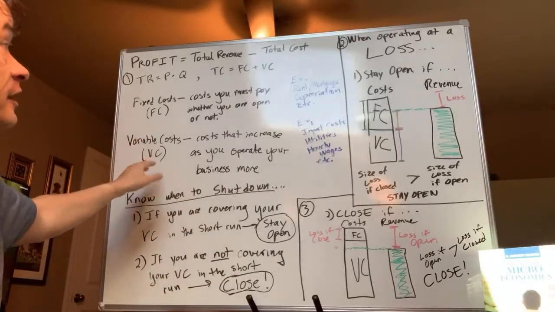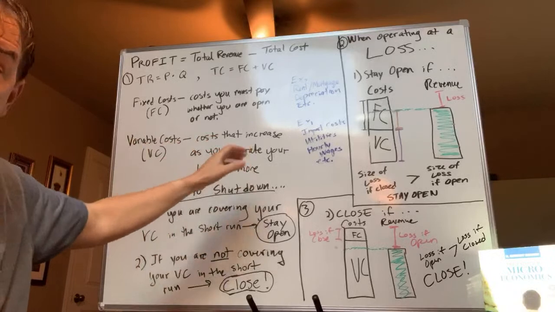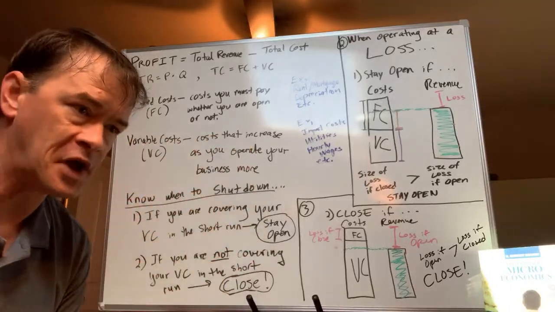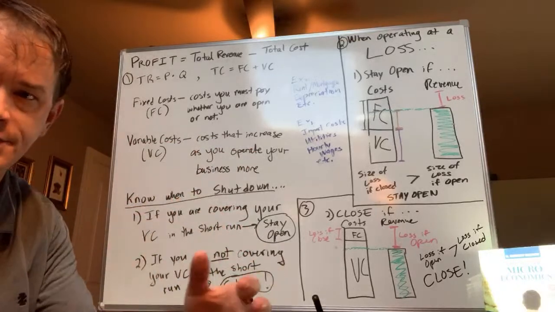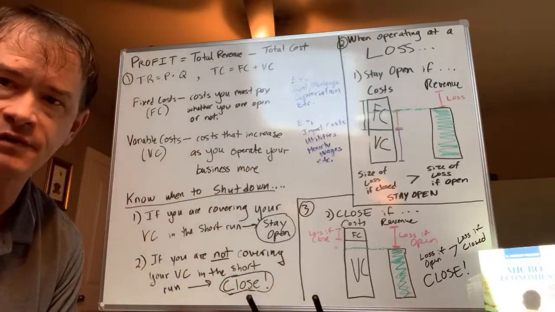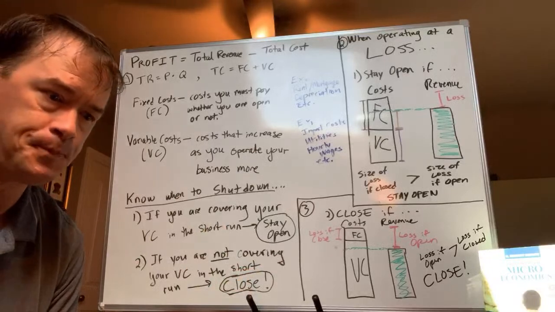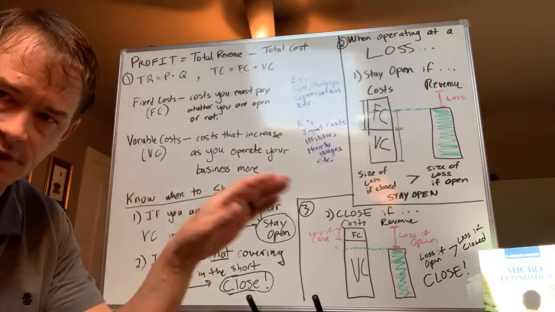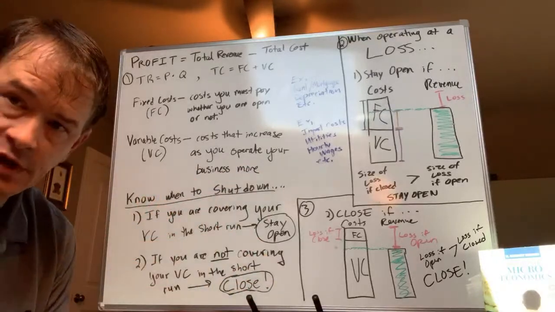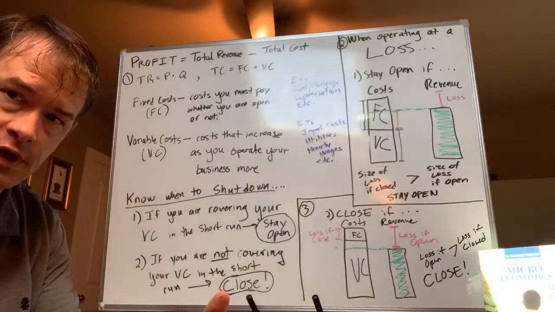Variable costs, though, are something that are directly related to the operation of your business. A variable cost, or a VC, is costs that increase as you operate your business more. So if you're a doctor's office, you have a marginal cost every time a patient comes in, you see a patient. If you're a restaurant, every time you make them a chicken sandwich, you incur some costs. You got to buy chicken breasts, you got to buy buns, you got pickles, whatever. You got to put it on there. So every time you sell a sandwich, there's a cost associated with it.